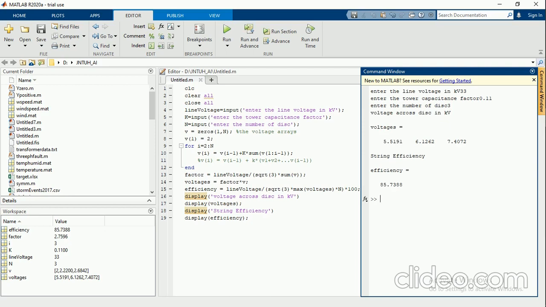There is no issue whatever value you assume here, because depending upon your V1, you will get V2, V3 values, and based upon that you divide with the sum and multiply the factor with it.